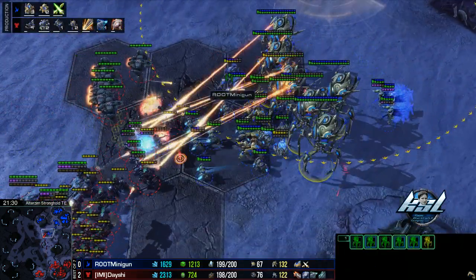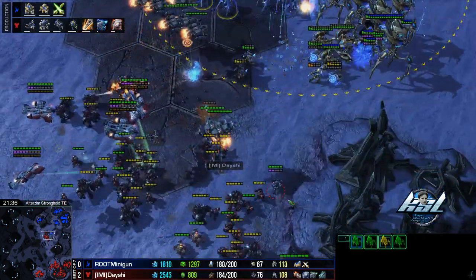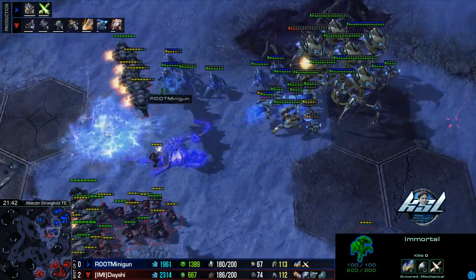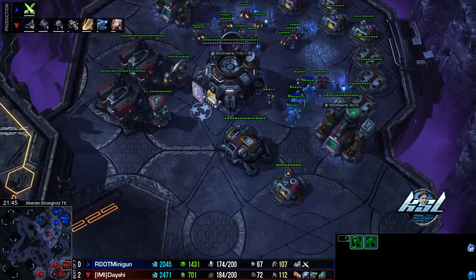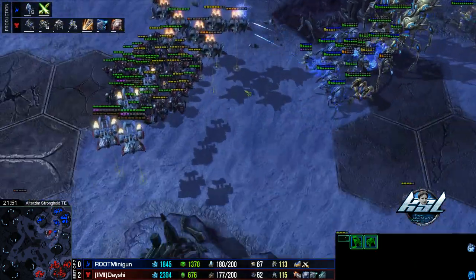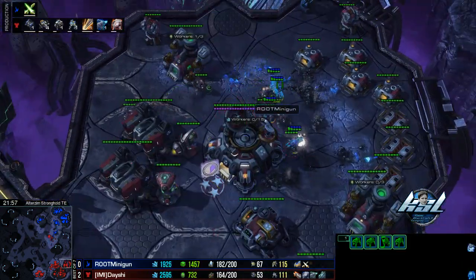There are the Colossi, the Stalkers, trying to pick these units off. Snipes the Observer. Does he have good cloak? No. But this army from Dayshi is actually doing quite well. The DTs have made it into the main base. They're chewing everything apart. All Minigun needs to do is hold on now. He's crippling Dayshi behind this. Dayshi has to send everything home. He's got to deal with so many...